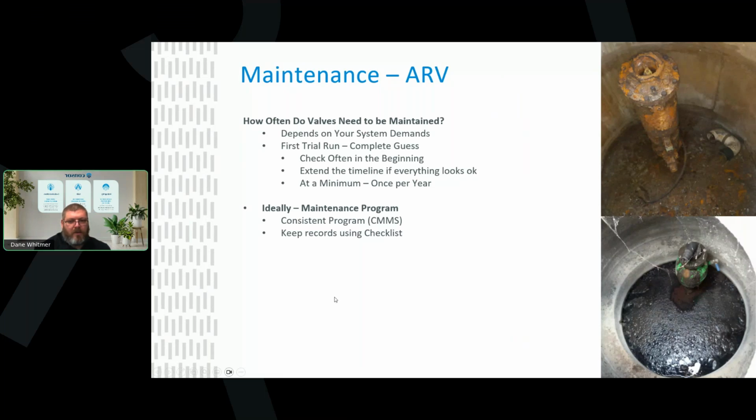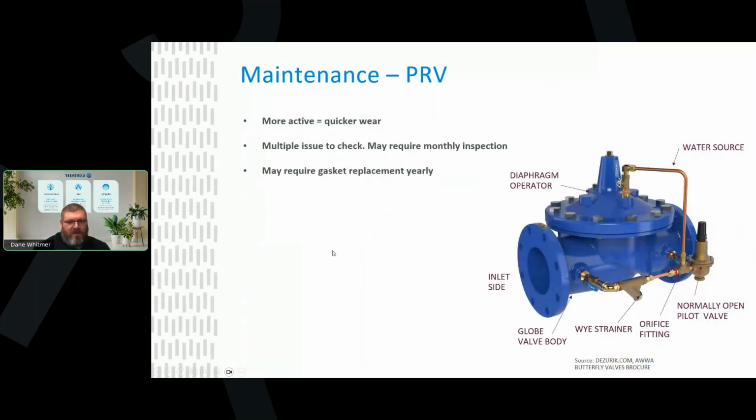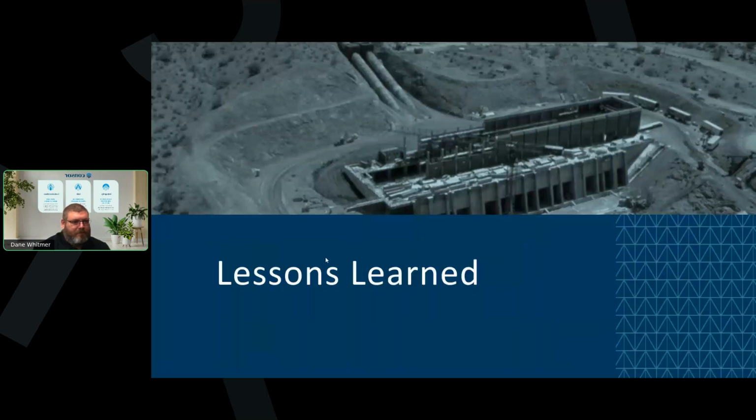ARVs are the least checked items probably in the entire system, because they're either in the roadway, below ground, needing confined space entry. But it still needs to be done. These are wastewater valves, but the same idea. You could be leaking, you have a potential for cross-contamination if your valve's leaking. So make sure that that's in there as well. Again, I talked about the PRVs. Kind of running out of time here, but I'll wrap it up.